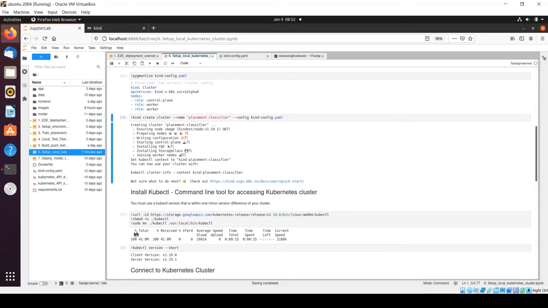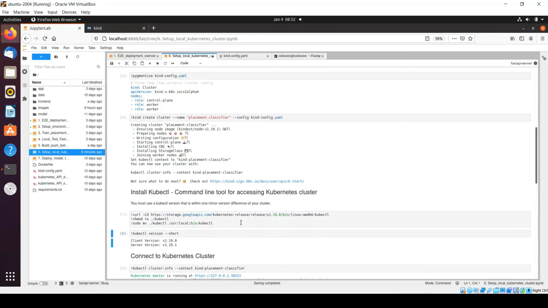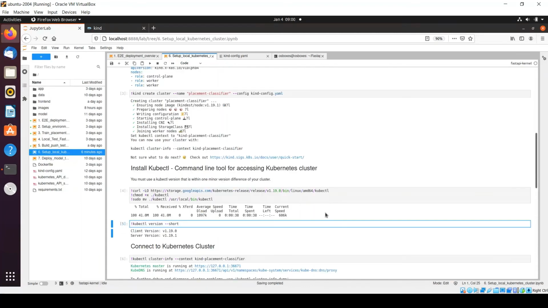So for that, you just need to run this command, which I have taken from the official Kubernetes documentation, and it will download the required artifacts for kubectl and install them within my environment. So I will be simply running this command and it will install. So now it's done. kubectl has been installed within my environment.